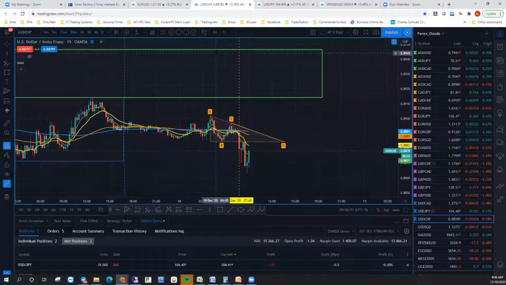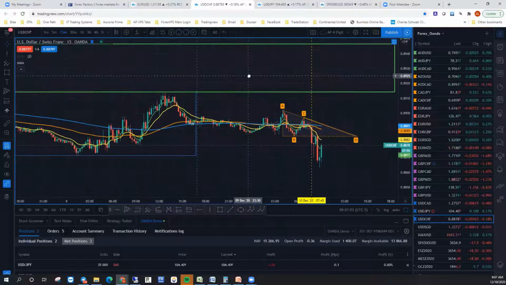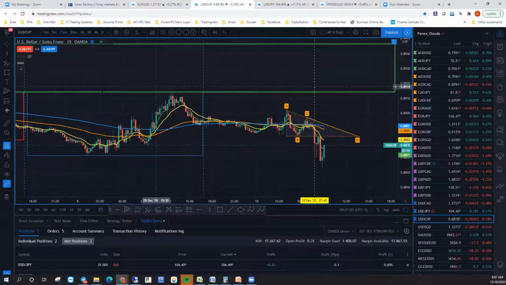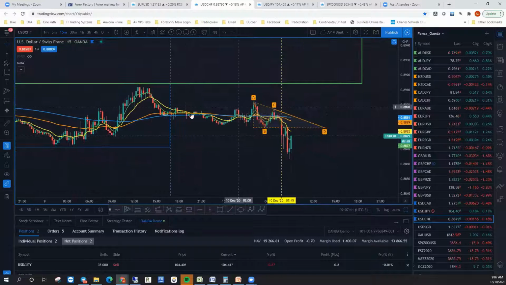And so right now, this green box right here is basically the high that was made at the first of the month. And you can see where it came back up. It retested that. And now it's more in a downward trend. We can actually take this. Now it's coming back up to retest it. So it did make a little lower low here.